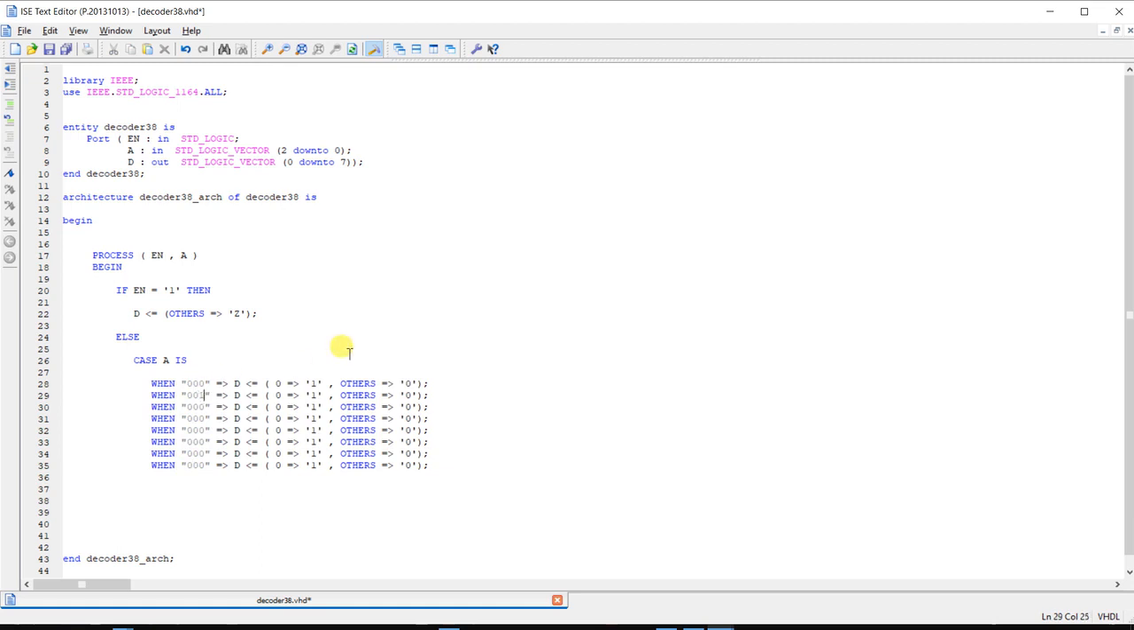Change it to 0 0 1, 1. 0 1 0, 2. 0 1 1, 3. 1 0 0, 4. 1 0 1, 5. 1 1 0, 6. And instead of writing here 1 1 1,